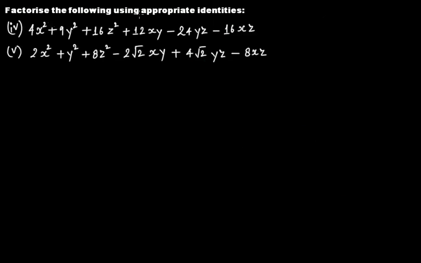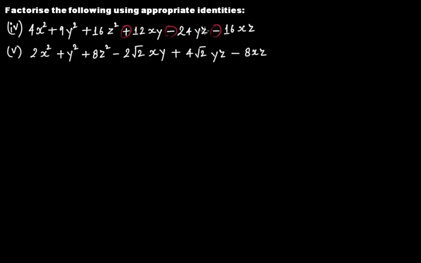Factorize the following using appropriate identities. Again, you have to use identities. The fourth one is 4x squared plus 9y squared plus 16z squared plus 12xy minus 24yz and minus 16xz. Now you have to pay attention to this negative sign and this negative sign, right? And here you have positive. Since here you have positive, but here you have negative, and here also you have negative, it means that